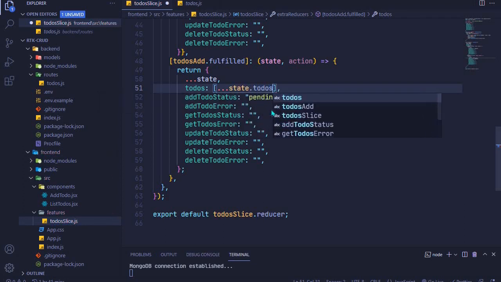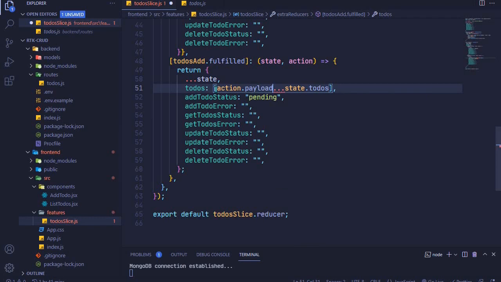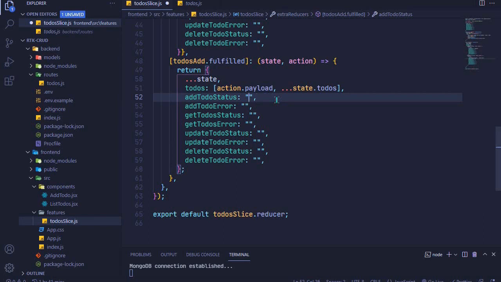So this will give us access to those particular todos, and then we want to add this new to-do, which is now available in our action.payload, just in front so that it appears at the top. So right here I'll say action.payload. So that to-do will be available in action.payload, and then I use a comma like that, and this will do it. Okay, and then I'll now change our add to-do status from pending to success, because now this has completed the process of our request, and it has given back a response, which is really cool. And then we default the rest to be empty